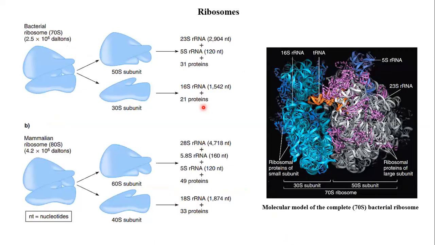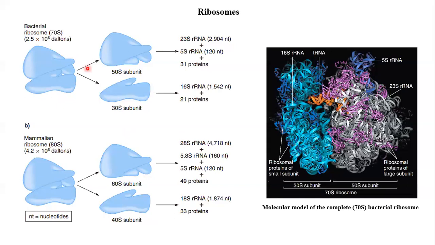Now, this was the first step of protein synthesis, that is amino acylation. So now the transfer RNA has got amino acylated with the correct amino acid. The next step is the initiation. For initiation, we require a ribosome. So first, let's see the structure of the ribosome. We are not going into details because we have already done this.